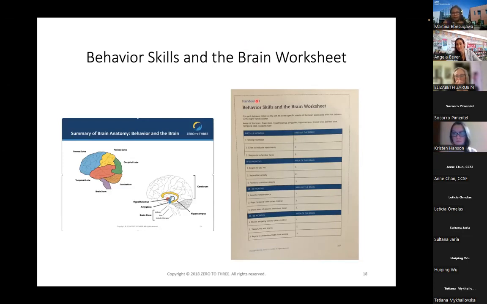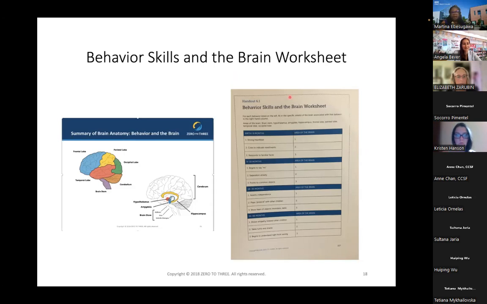We can start by looking at the first one. So the first one is a strong heartbeat. We have a birth to 9-month-old child who has a strong heartbeat. What area of the brain do you think might be affected? And you can use the chat, or you can say it out loud. Well, what area of the brain do you think would be affected by a strong heartbeat? Somebody has a post, let me see. The brainstem, excellent. Yeah, the brainstem.